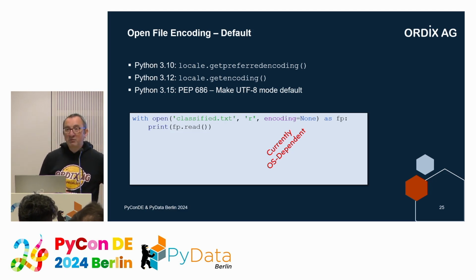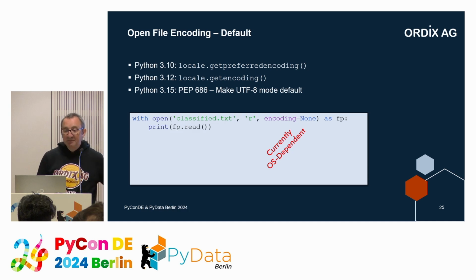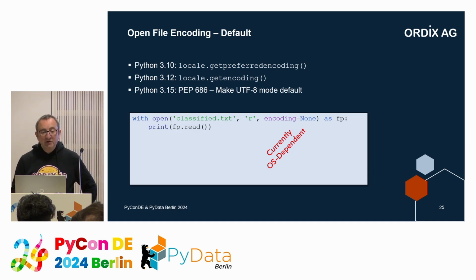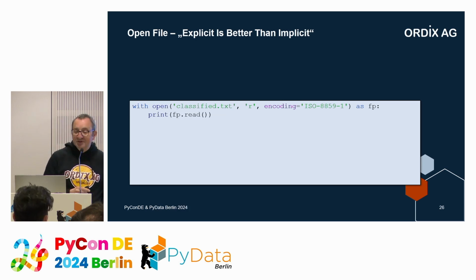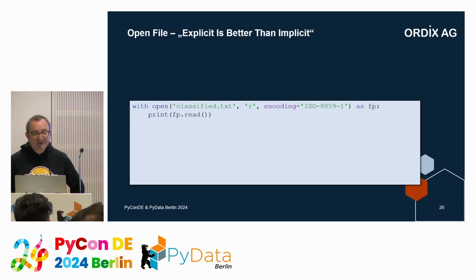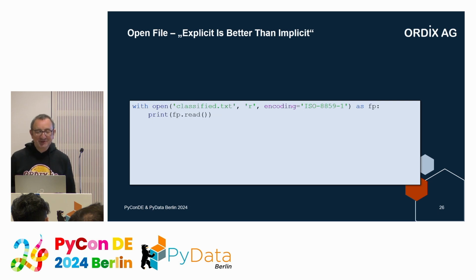So if you're working on Windows, this will be a major change in your Python code base. So like Tim Peters tells, explicit is better than implicit. Use the default and use the correct encoding the next years,